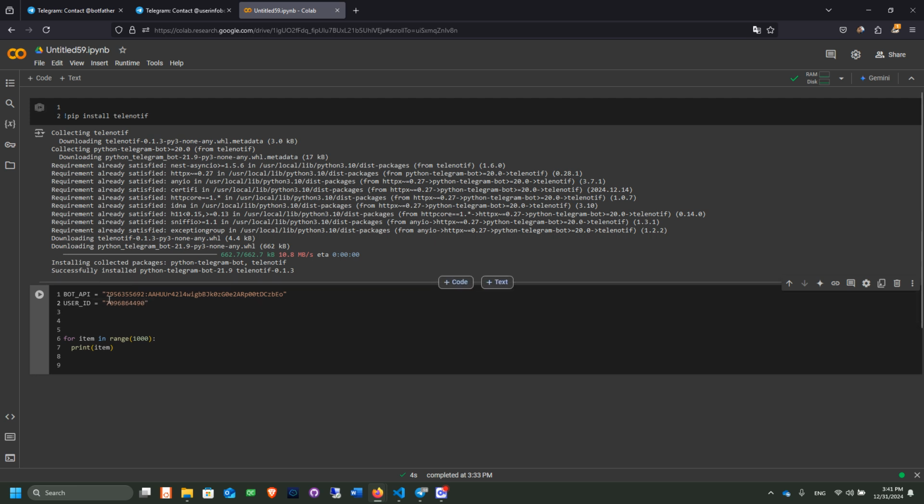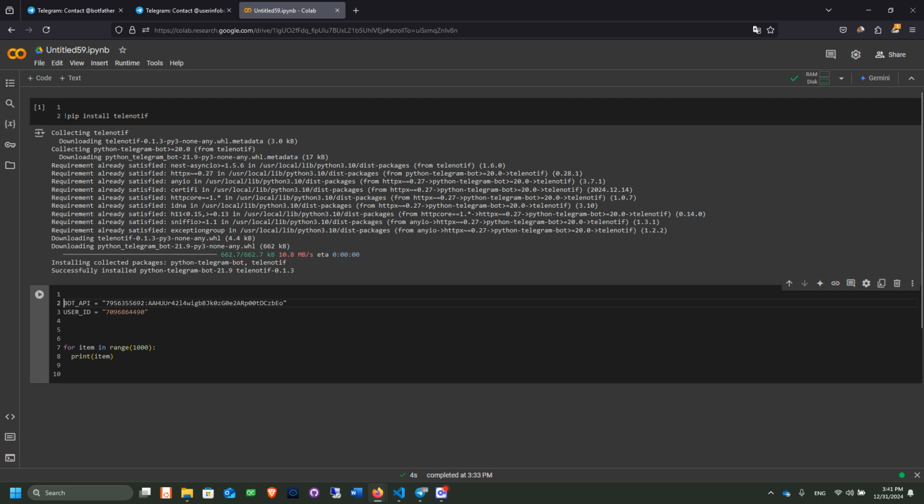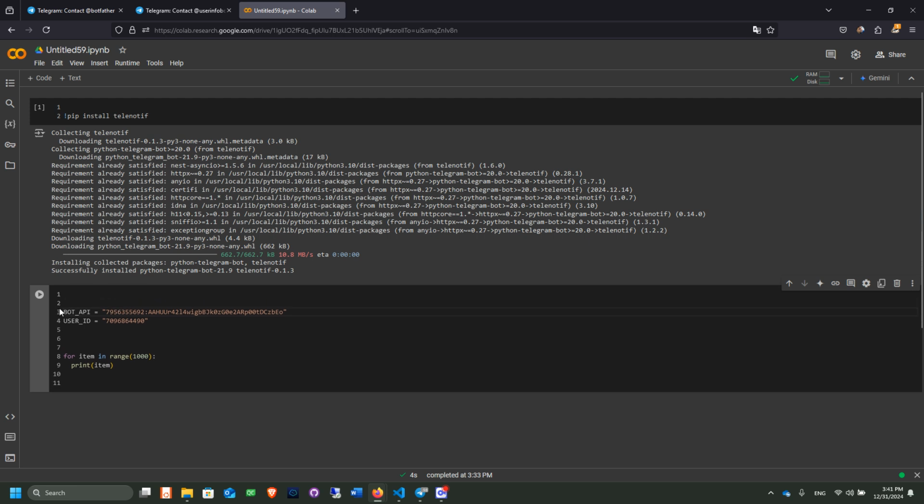Okay, now I have this bot and everything. This part of having the bot API is similar to making all Telegram bots. So even if you want to make very advanced Telegram bots, you must use your API just like this as well. And now let's use our